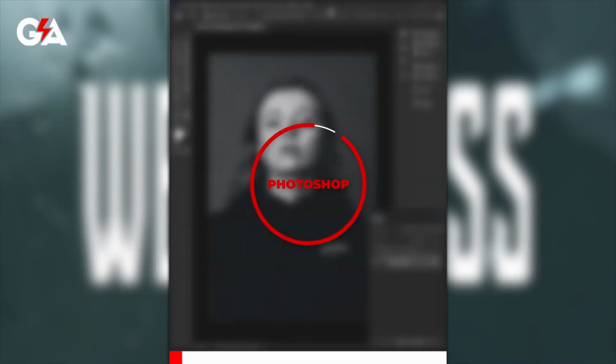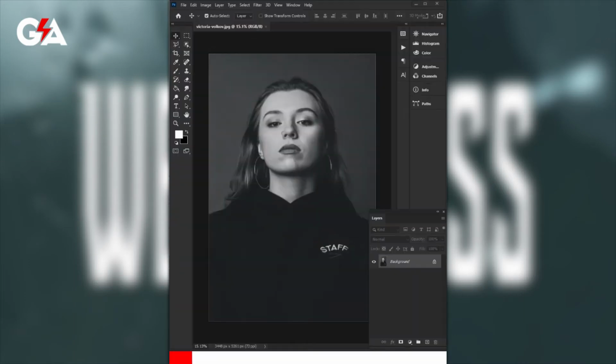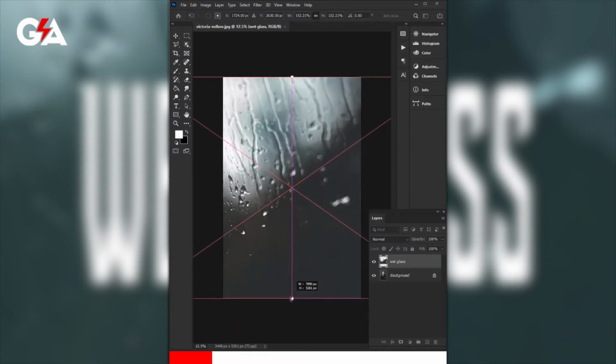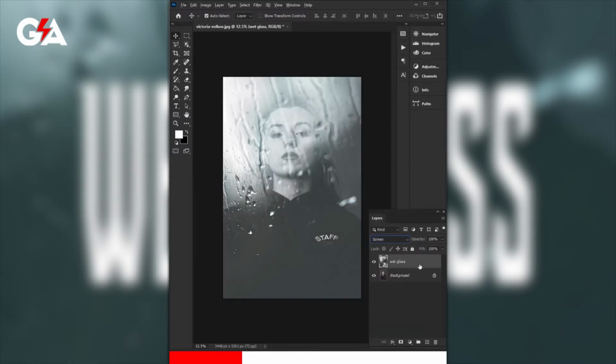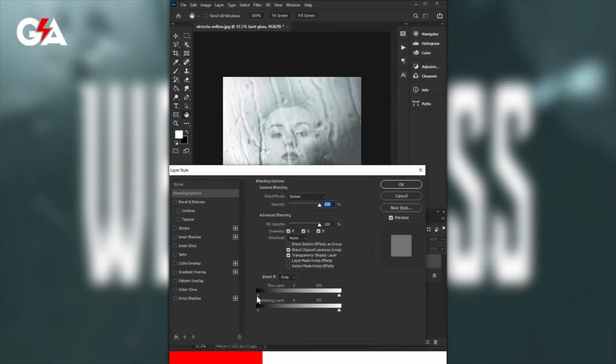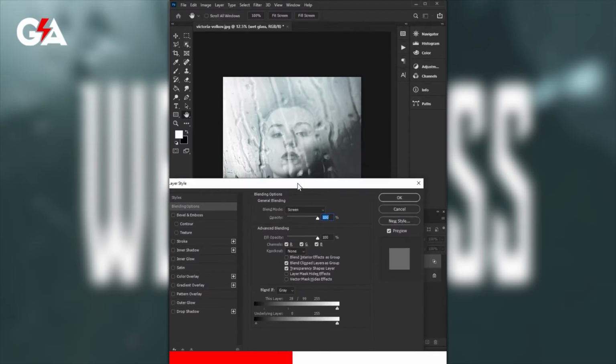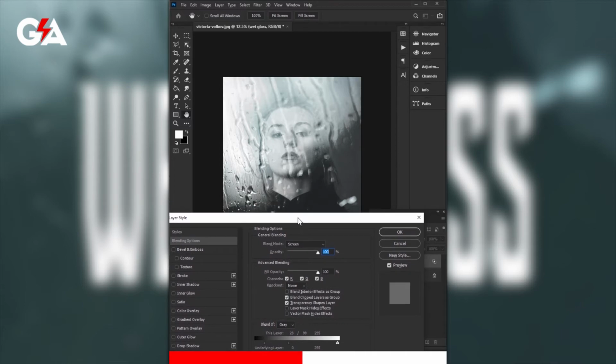How to create wet glass effect in Photoshop, let me show you. All you have to do is to place the wet glass image on the top of it, scale it, adjust it, hit enter when you're satisfied and simply change the blend mode normal to screen. Now double click beside the layer to open up the layer style, take the dark slider from this layer to right, hold the Alt Option to make the transition smoother, adjust these two sliders to make it more natural